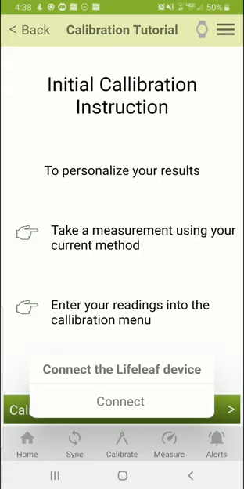When we log in, it comes to the first screen, which is the initial calibration instruction. So this screen will come every time after the login unless you do the calibration at least once. And it also pops up the connect